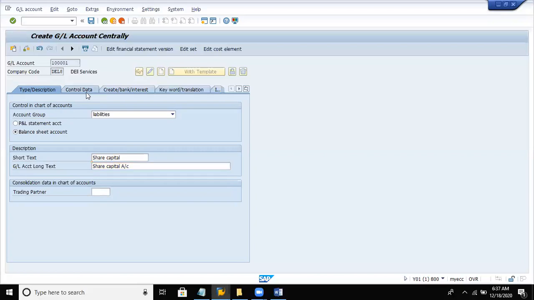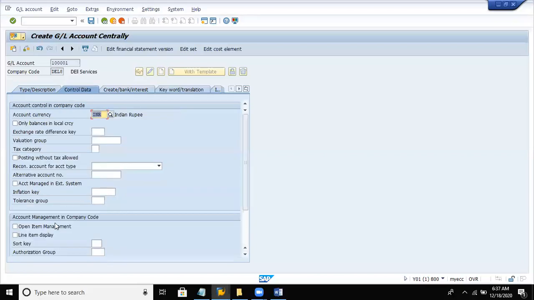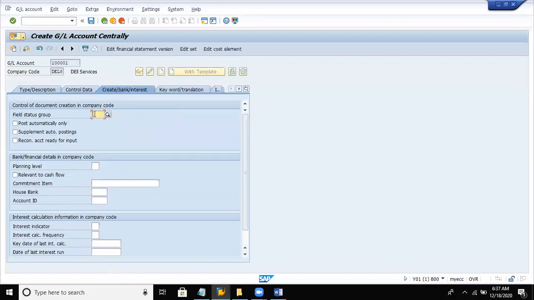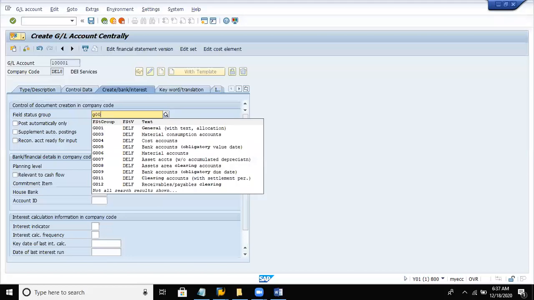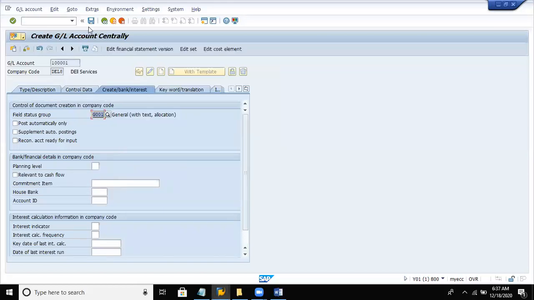Click on control data tab. Check the box open item management, line item display. Sort key 001. Click on create bank interest tab. Field status group G001. Enter and save.